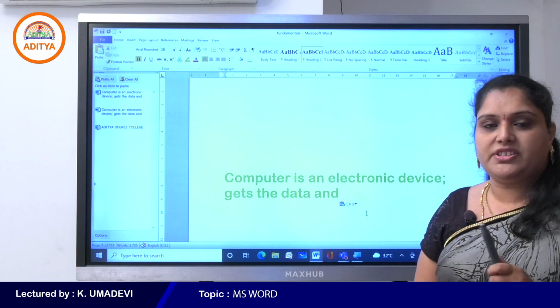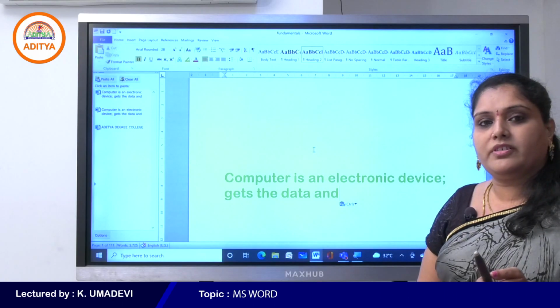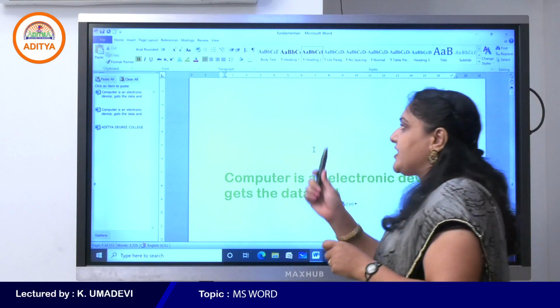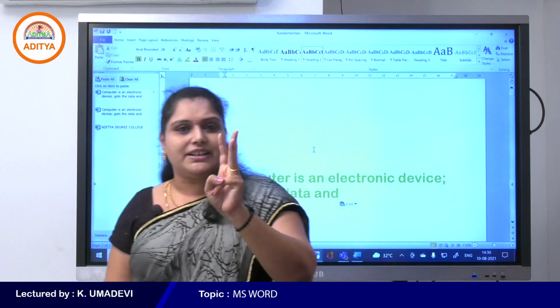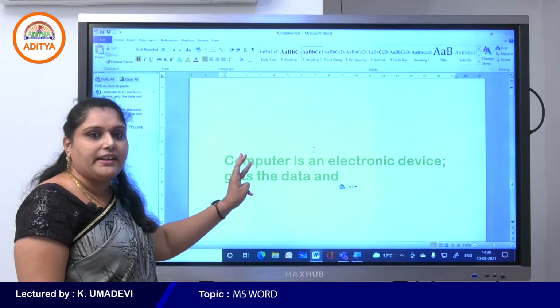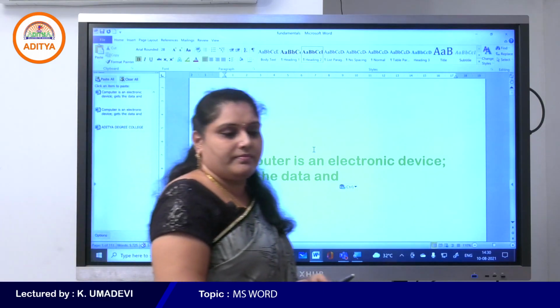So this is the second method. The third method, students: the first method is using the commands available on the ribbon, the second method is using the shortcut keys, and the third method is using the right click button of the mouse by selecting cut and paste.